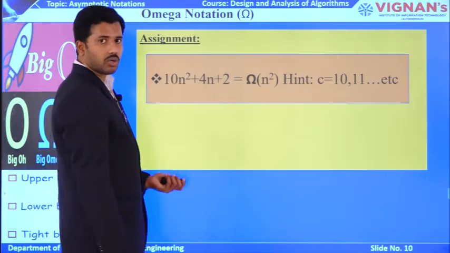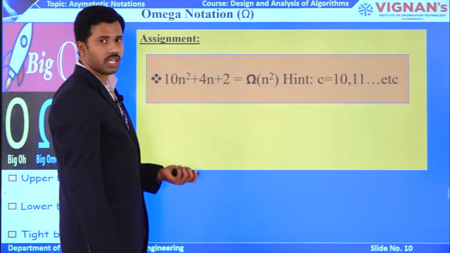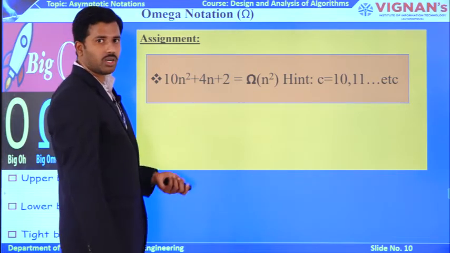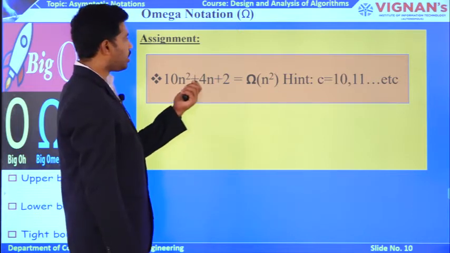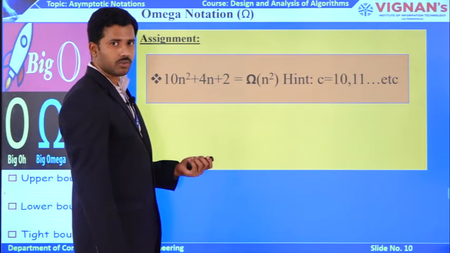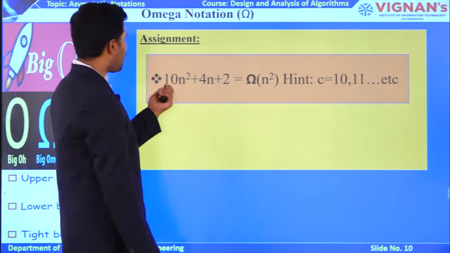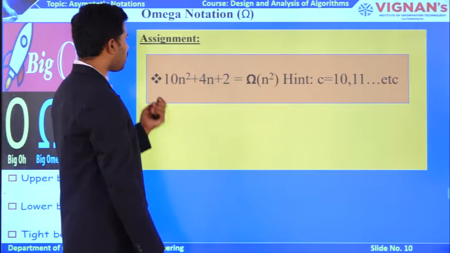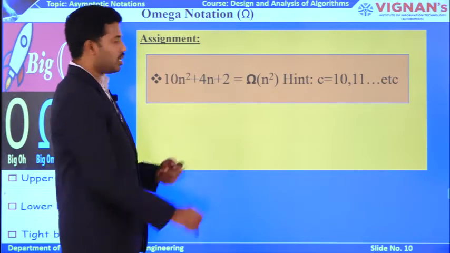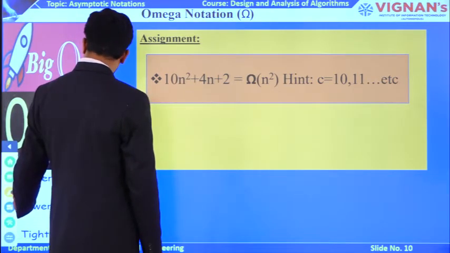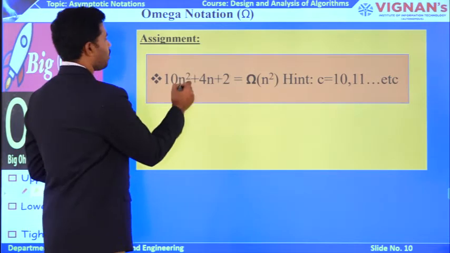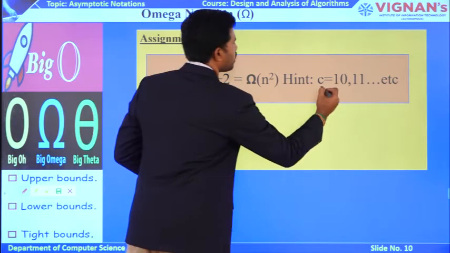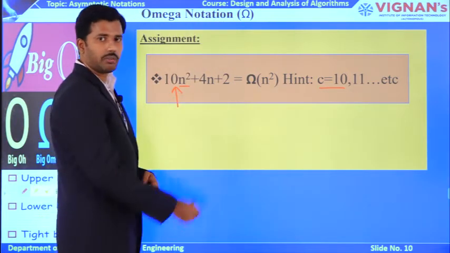So try to take this question and find out what the c value as well as the n value is. If you observe here, to prove this equation, can I take c equal to 1? Yes, you can take it, but it is going to be the wrong approach. Okay. So how to take the c value? By comparing the f of n power as well as the g of n power. If you observe the f of n as well as g of n equations, f of n has the highest power, quadratic, with a constant value 10. So that's why I take c value from 10 onwards. So ultimately it starts satisfying.